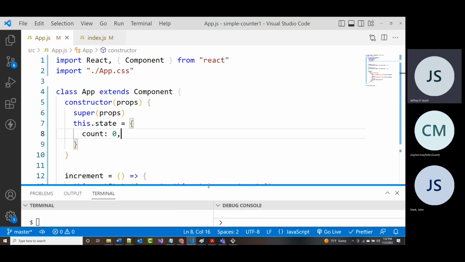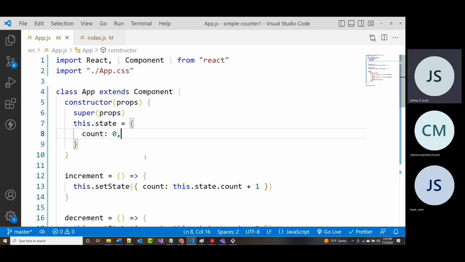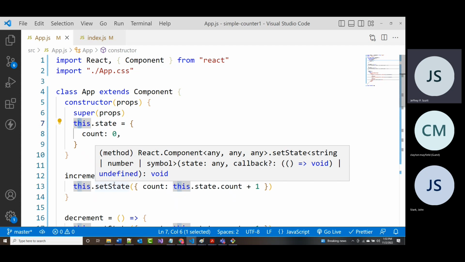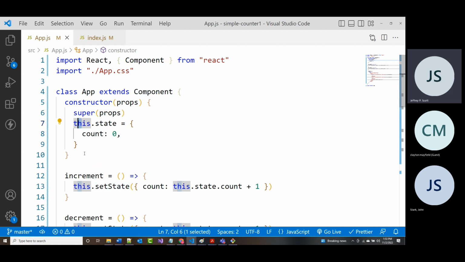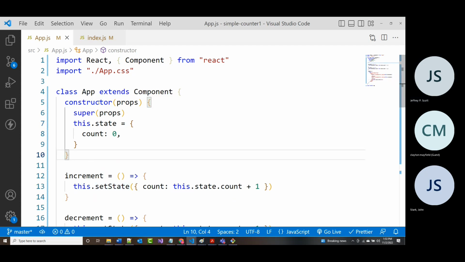And again, this could have been done in a multiple number of different ways. Since it's a class, you want to import React, typically Component from React, because that's extending Component. And this is another way that this can be done. Not the only way, but a way. I really made this much simpler in the other one. So it expects that you're going to have props in when you do the class App, and since it's a constructor and since this extends Component, this is calling the constructor from Component and passing props